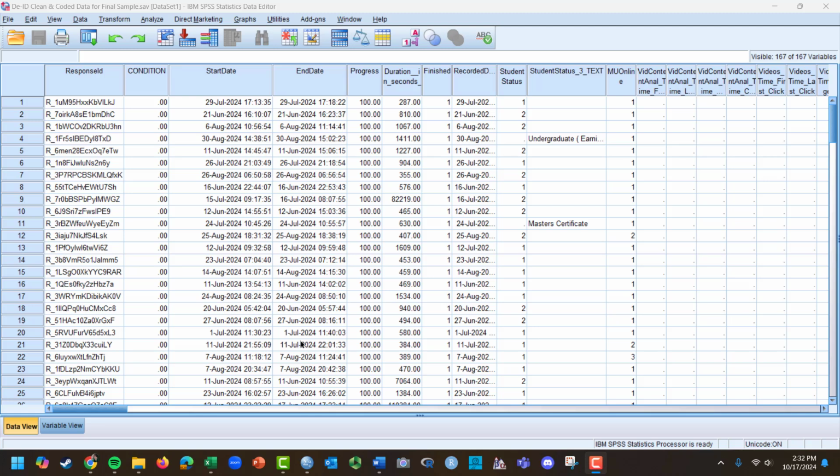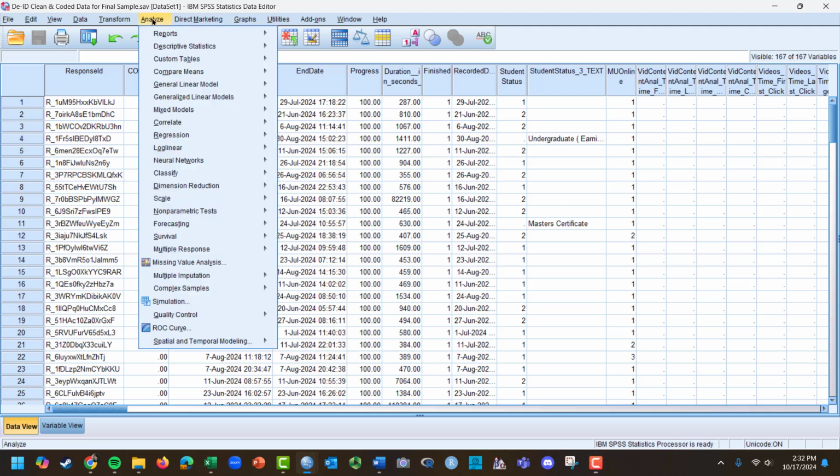Hello there. This video is going to show you how to run a multivariate analysis of variance to examine the effect of two categorical independent variables on numeric dependent variables. So here we have our data, and we're going to specifically look at analyzing data with the general linear model